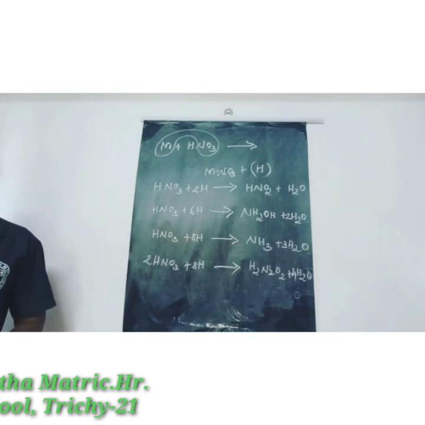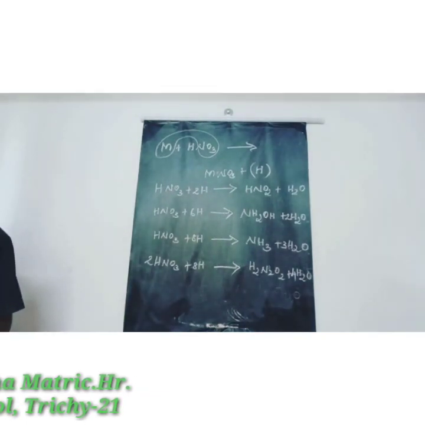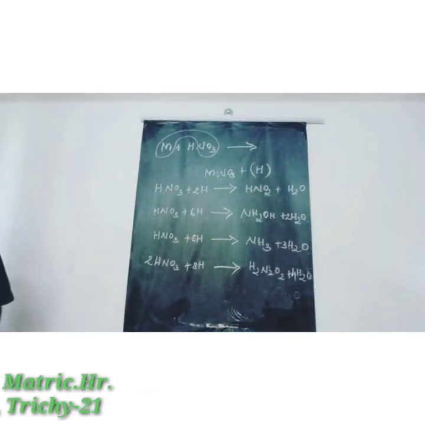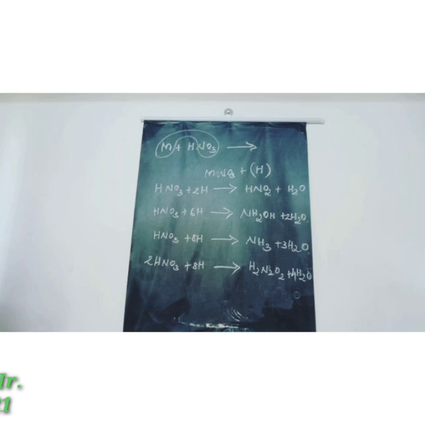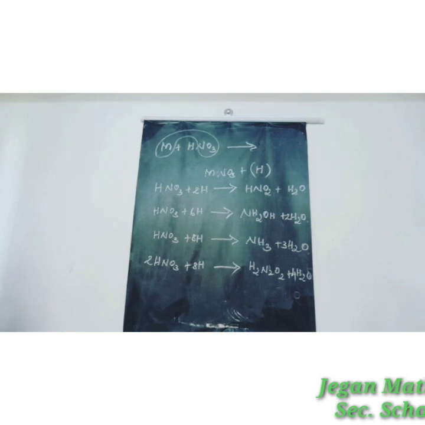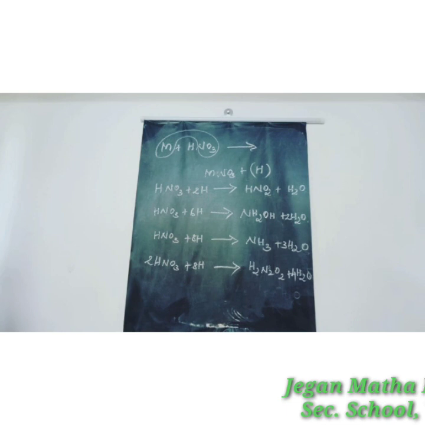And next one is the tertiary reaction. Here the secondary products either decompose or react to give final products. So what are the secondary products? Nitrous acid and hyponitrous acid are the secondary products. So here it is decomposition of the secondary products. The first one, nitrous acid is decomposed and converted into nitric acid, nitric oxide and water molecules. Next one, nitrous acid is decomposed and converted into dinitrogen trioxide and water molecules. Next one, hyponitrous acid is converted into nitrous oxide and water molecules.